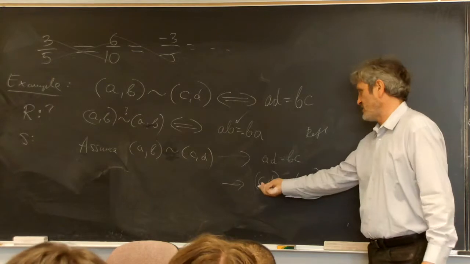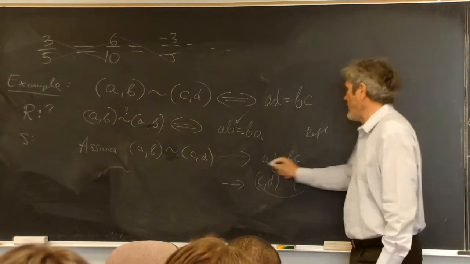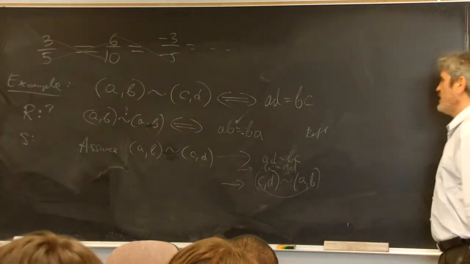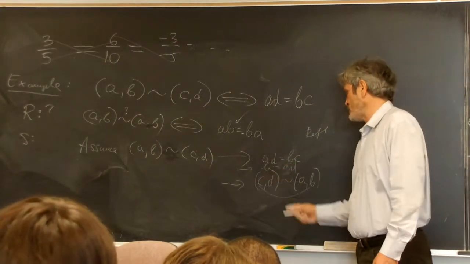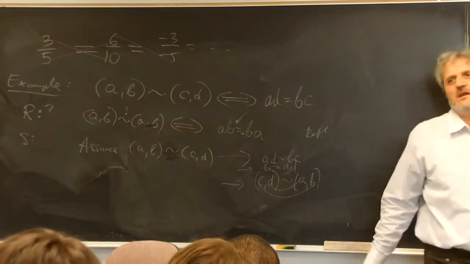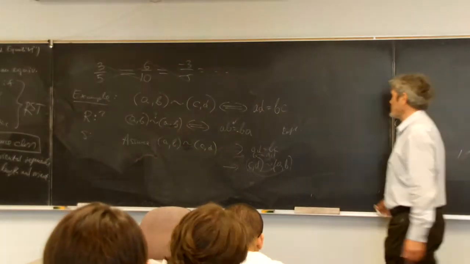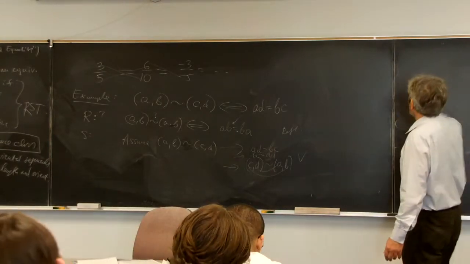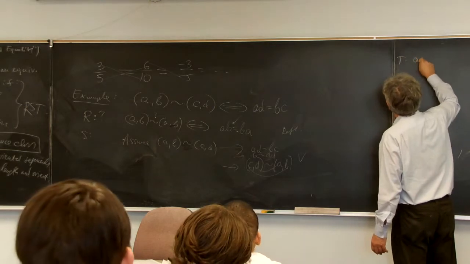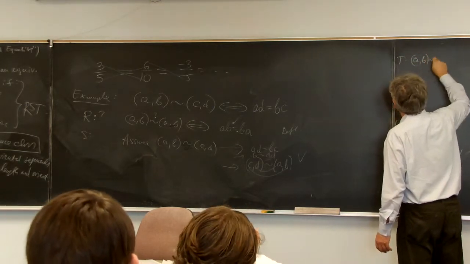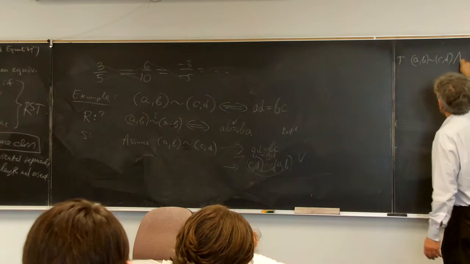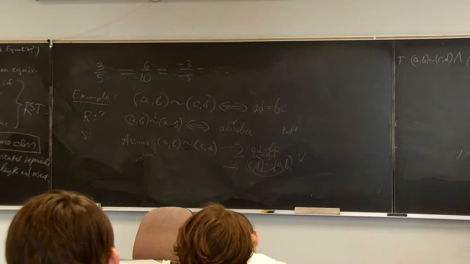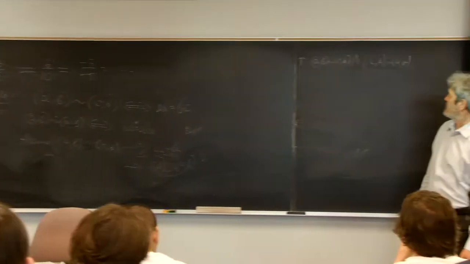Why? Because just check it. What does it say? Well, I can maybe write in one more line. That BC equals AD, and now outside one is BC, inside one is AD. So it is symmetric. What about transitive? Transitive, what do we do? I assume (A,B) tilde (C,D), and also I assume that (C,D) tilde